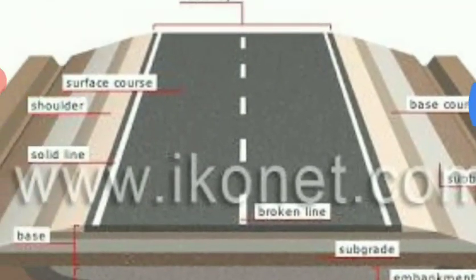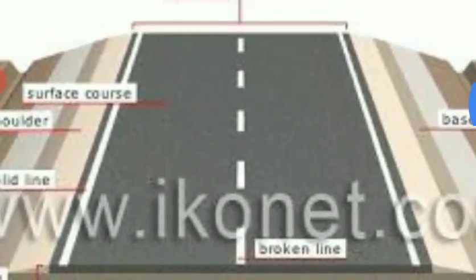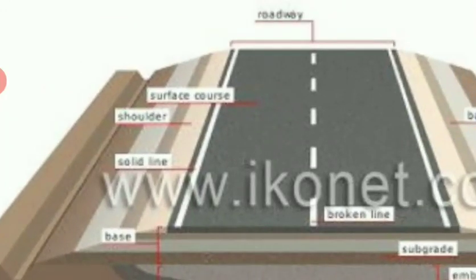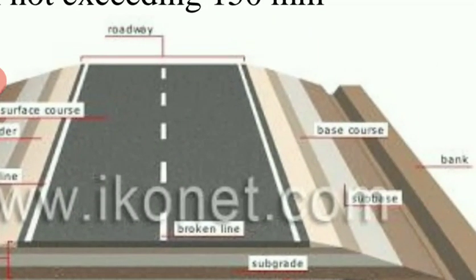So this is the topsoil, I mean the top layer of the embankment, and after that it will come with the shoulder part. So this strip you can see here, just beside this black top layer, will become the shoulder, and after the shoulder the slope of the embankment will be provided, right?